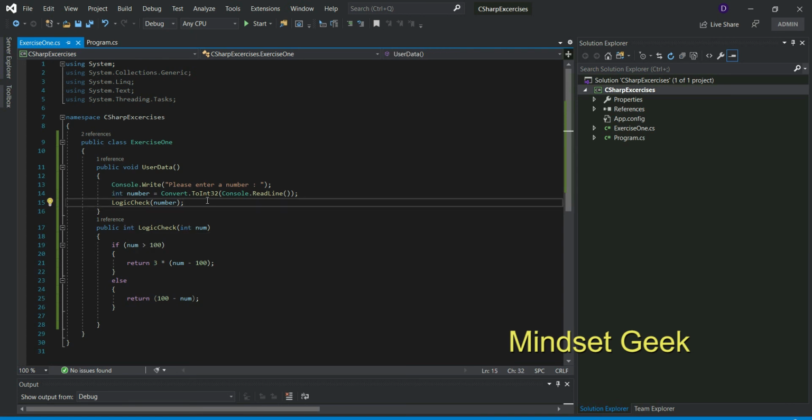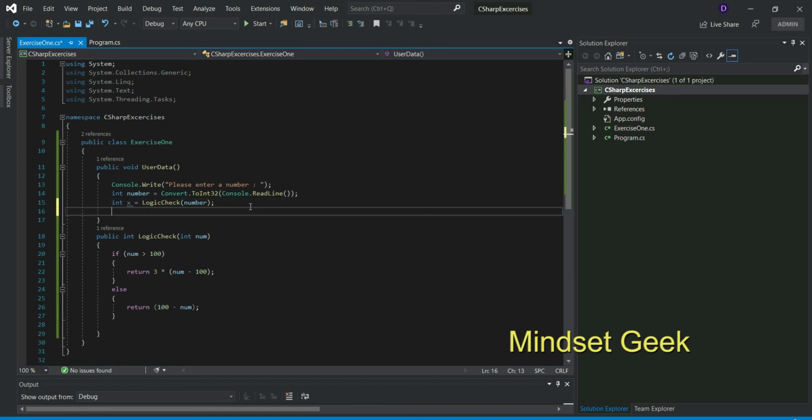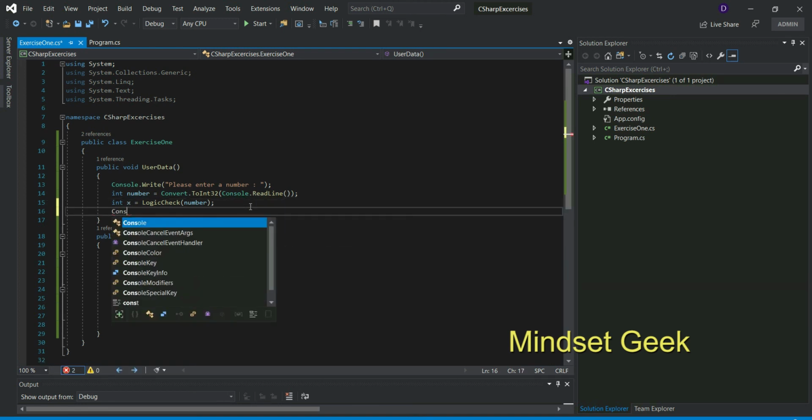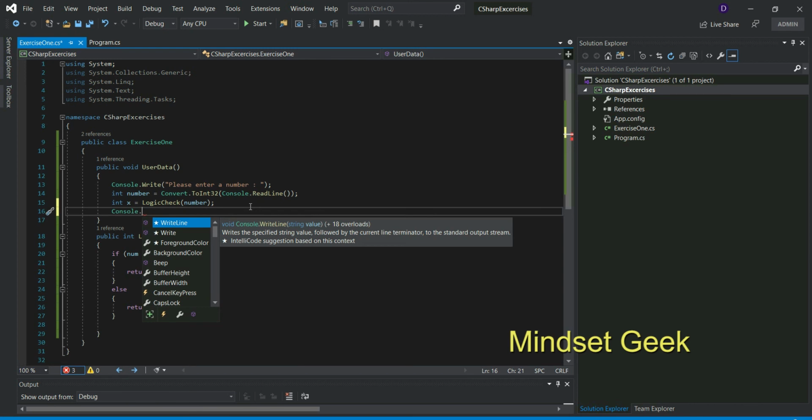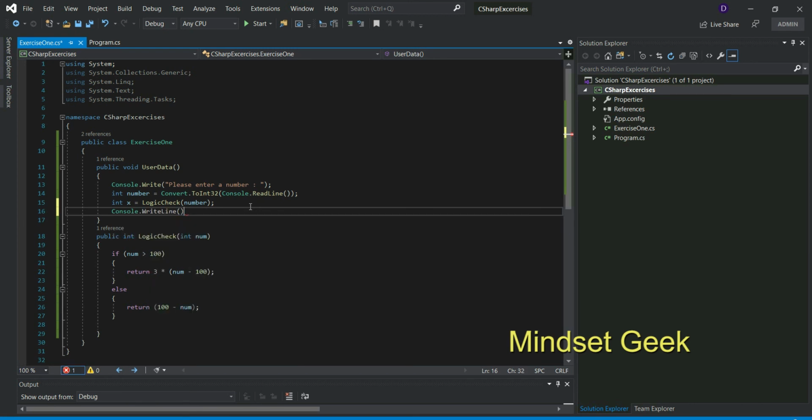We can create a variable, x or whatever, and get that returned integer value into this variable, and we need to use console.WriteLine with this x, right?